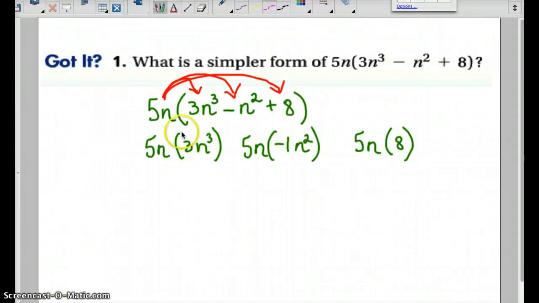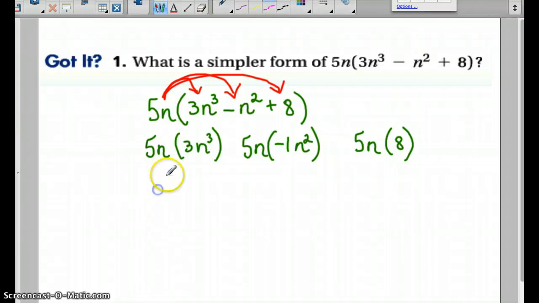Okay, students, what I've done is I have shown the distribution of the 5n being multiplied by each of the monomials inside this trinomial, 3n cubed minus n squared plus 8. 5n times 3n cubed is going to be 5 times 3 is 15, and n to the first times n to the third is going to be n to the fourth, so 15n to the fourth. A positive 5 times a negative 1. I put the negative 1 next to the n